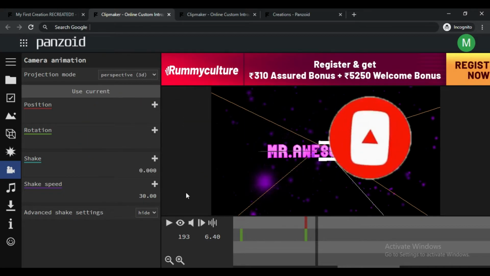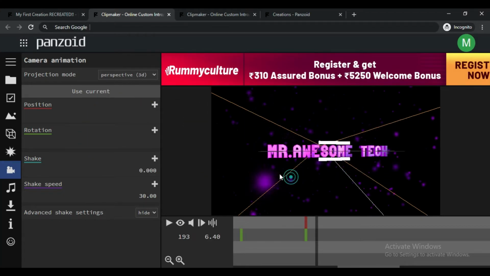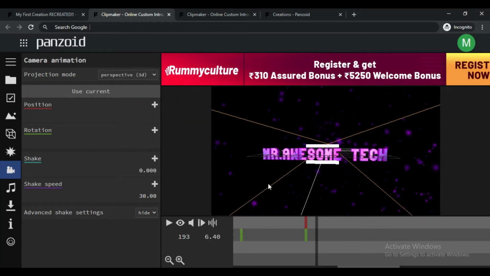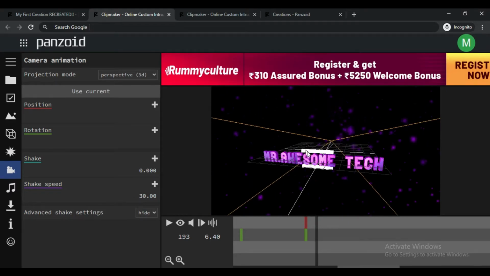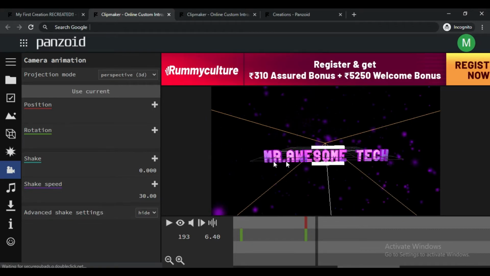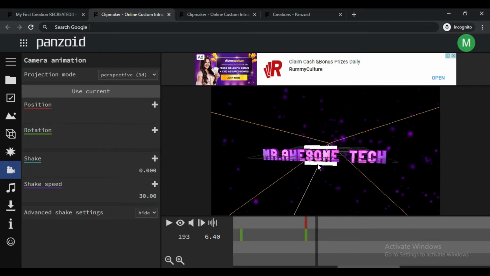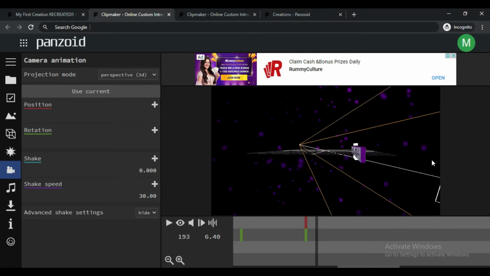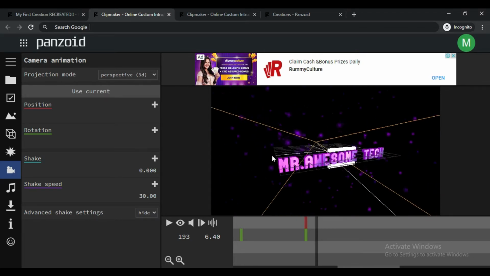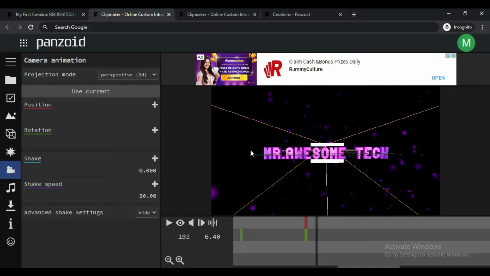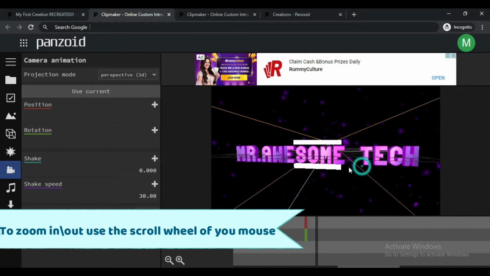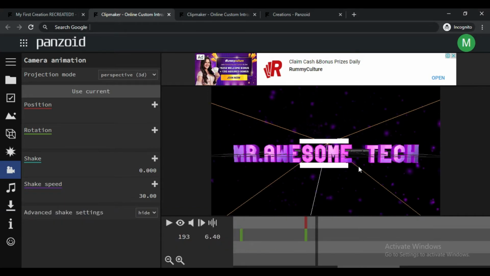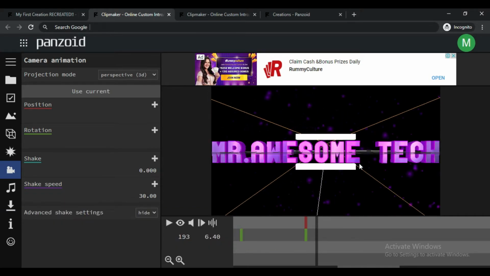Now, if you see the render view, if your name is a bit too long, it won't fit properly, even the lines don't fit properly. So I'm going to show you how you can change that and make it look just perfect, however long your name is. First, you want to turn off that render view, and then go to positions, and align your camera view however you like it.